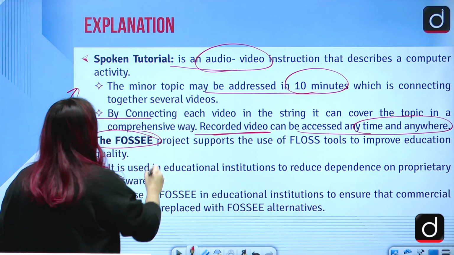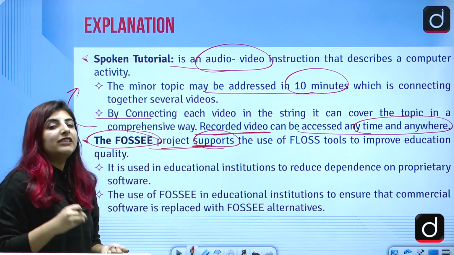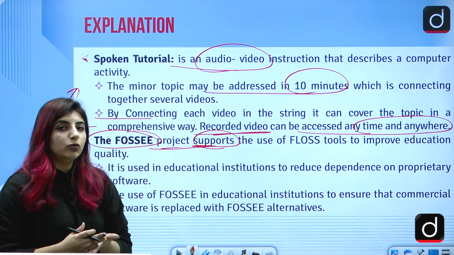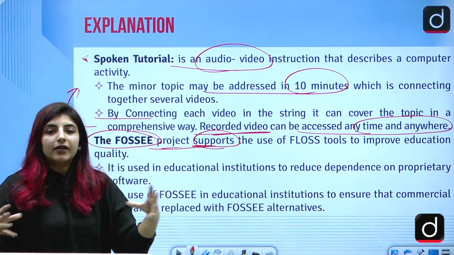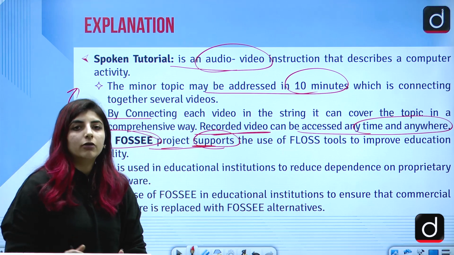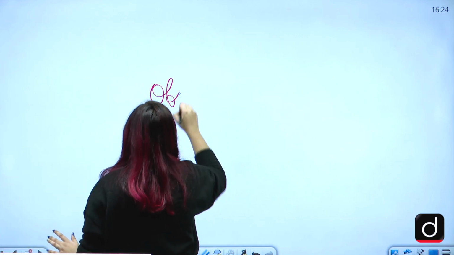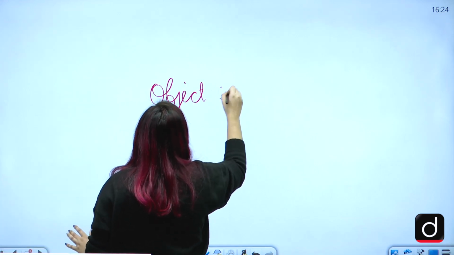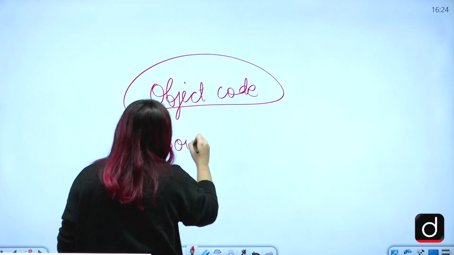So basically this project supports the use of FLOSS tools, open source software tools, which means that there are certain programs we are talking about. If we talk about ICT, there are certain object and source codes, correct? So in the source code, you write the program.